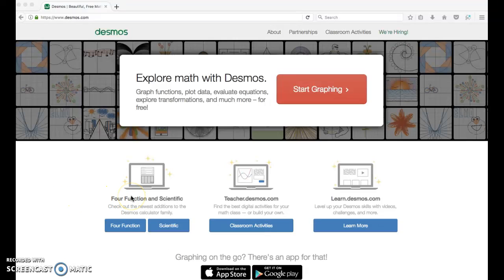So here I am back at Desmos.com. Again, this works on your laptop computer, your desktop computer, tablet, iPad, or your cell phone. It is compatible with both iOS and the Android operating systems. So here I am. I'm going to start graphing,